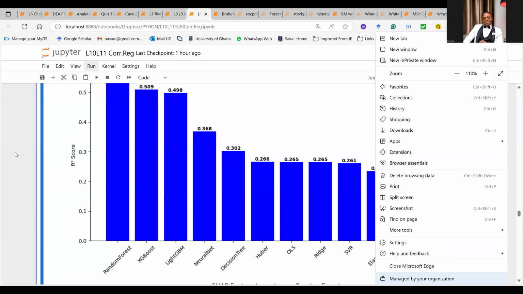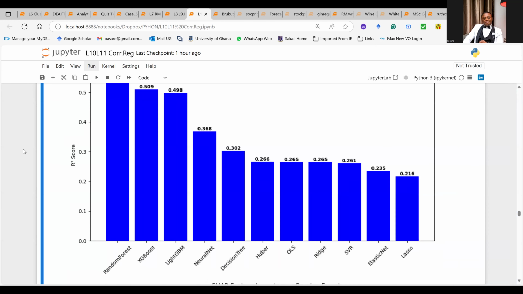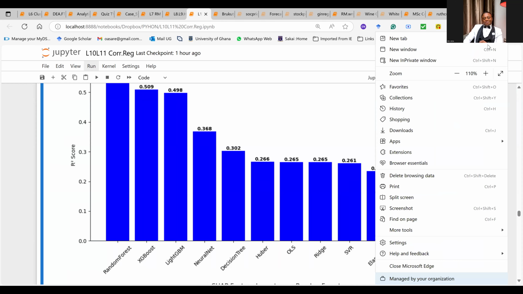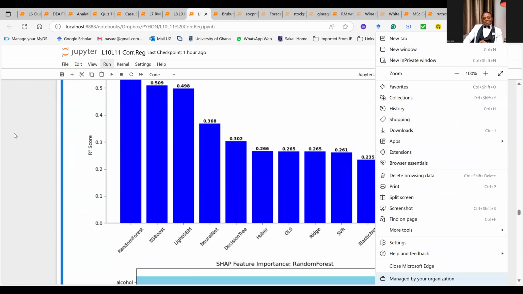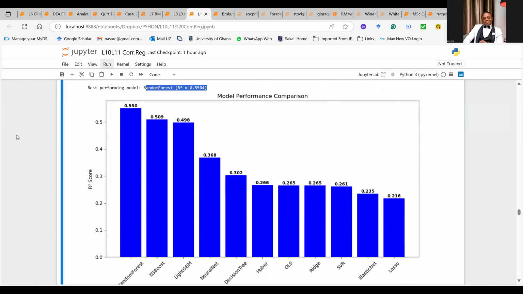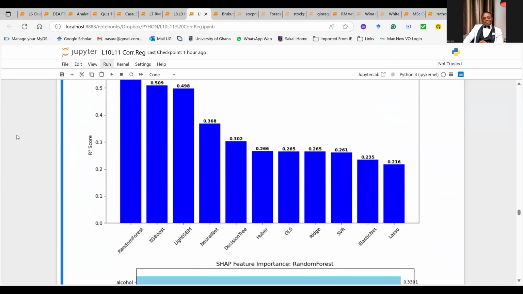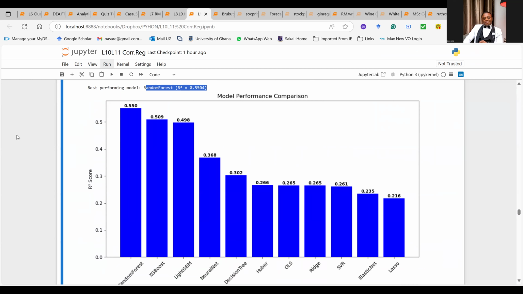The graphical work shows which model is doing very well based on the R square: random forest, followed by xgboost, followed by lightgbm. In fact, most of the tree-based algorithms are doing very well, and the linear ones are not doing so well in this context. So the graph just supports what we had before.